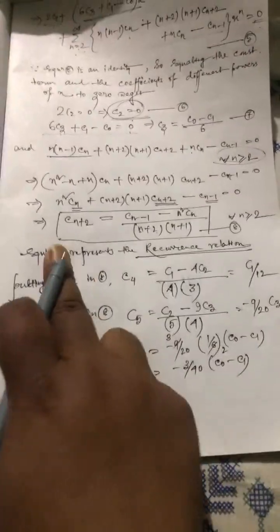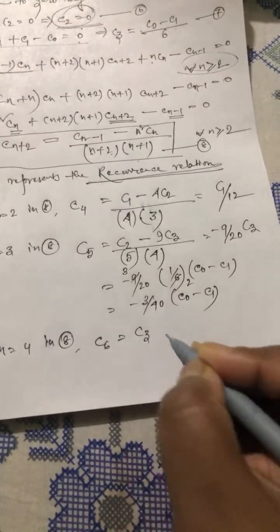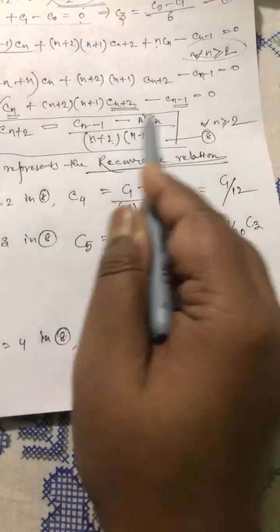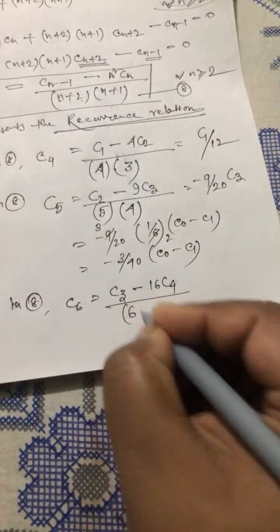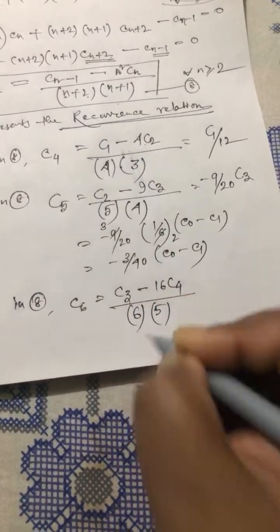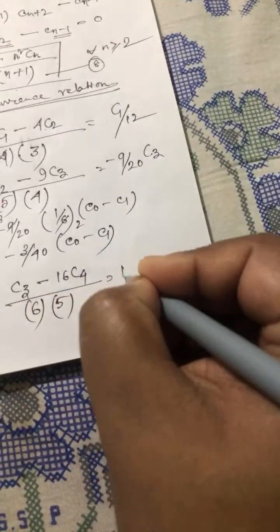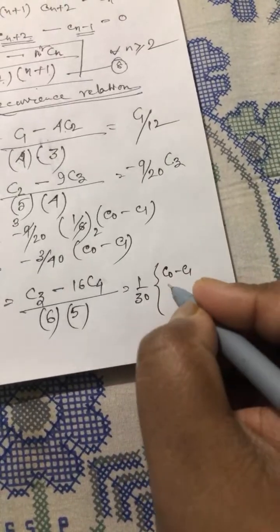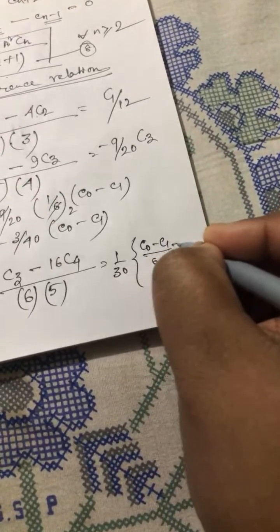C6, putting n equals to 4. So C3 minus 16 C4, 4 square Cn, 4 plus 2, that is 6, 4 plus 1, that is 5. Now C3 is what? C3, C0 minus C1 by 6. So 1 by 30, C0 minus C1, this one, by 6, minus 16,